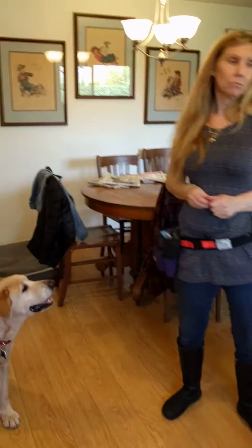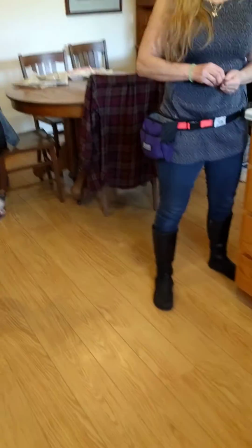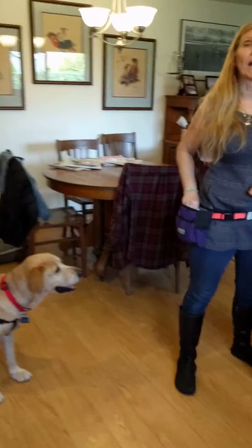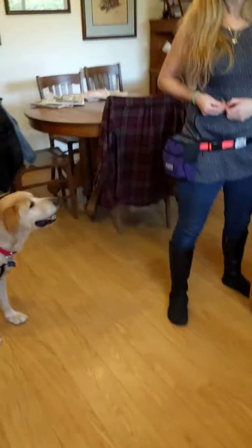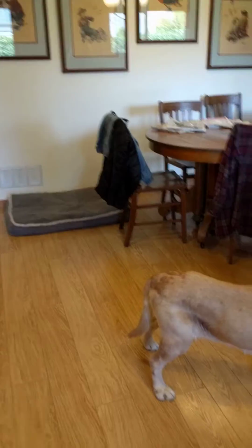So, that treat dispensing toy? Yeah, and I've seen them. Mm-hmm. I have not been able to find them. Does Wags carry some? Yeah. Okay, I will check with them. Yeah. Because I love those, because you can put dog food in them, and then I can just leave that on the floor,